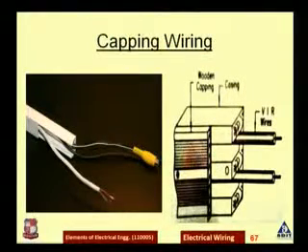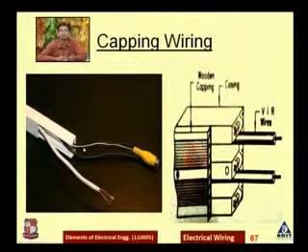This is the particular image of the capping wiring, where the capping is done along with the wiring system. So this is also a part of the electrical wiring system, given the name capping wiring. This one is the theoretical image, where you can see that vulcanized Indian rubber wires are used with the wiring, and the wooden capping is done here.